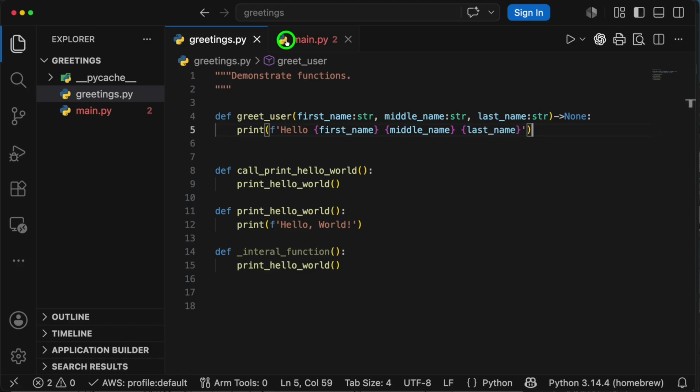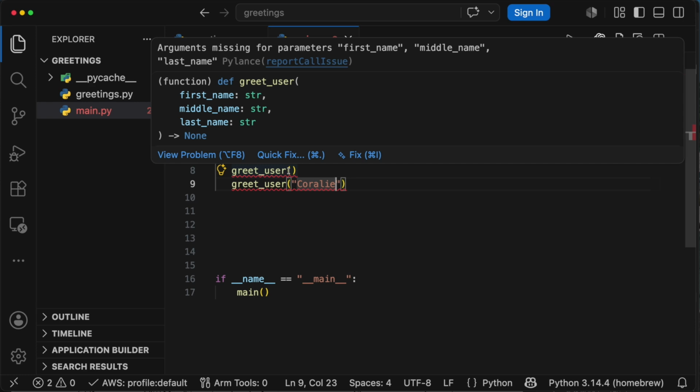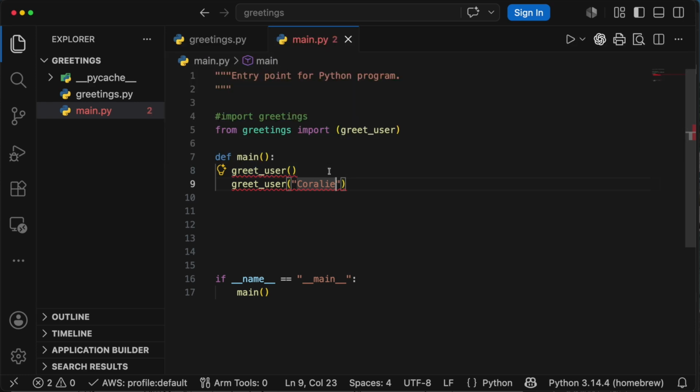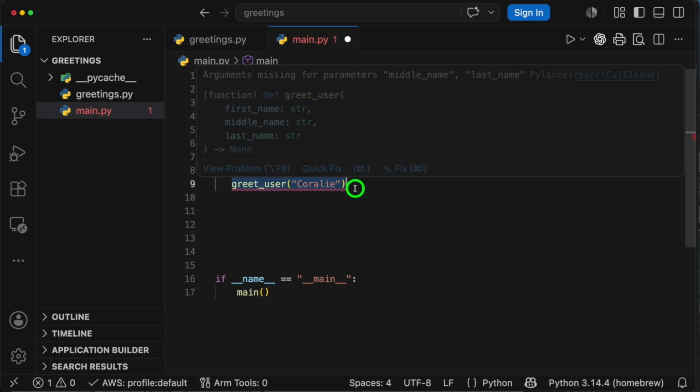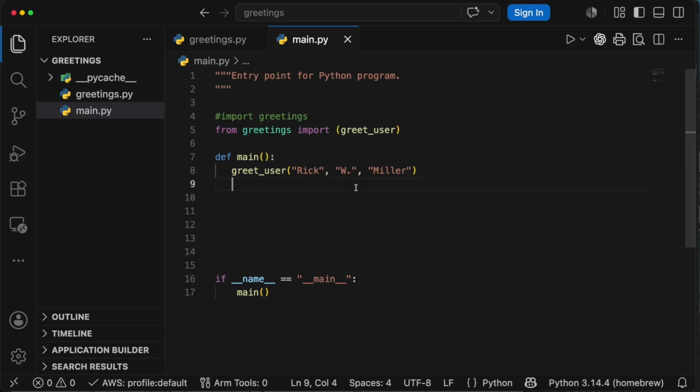Now, when we run it, there are no default values. So I'm going to have to supply arguments, and I'll just say Rick, comma, W, and then Miller. Now notice that when I call the function, I'm supplying these 3 string arguments that correspond to